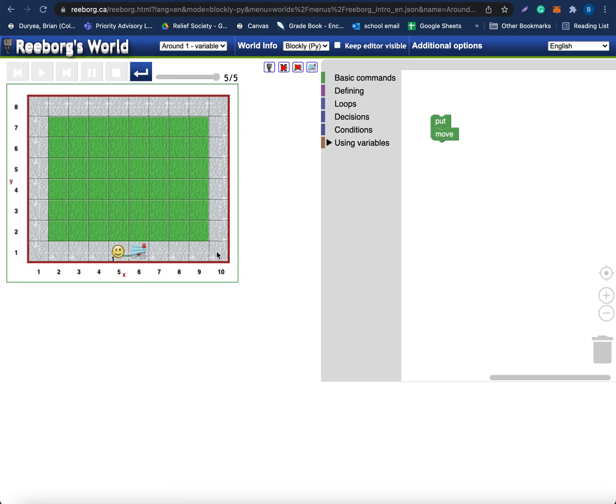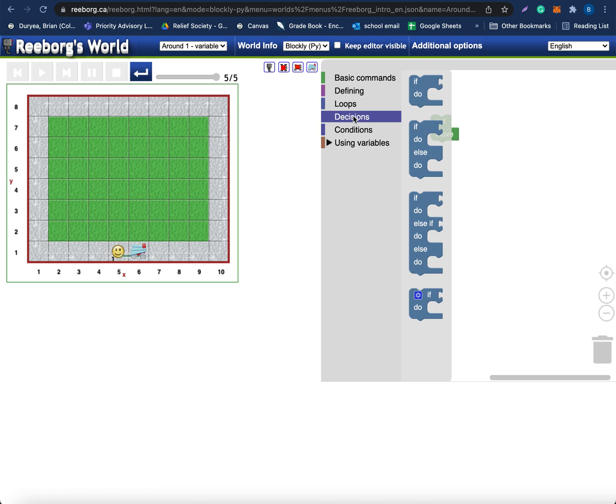Is there a wall in front of me? If there is a wall in front of Reeborg, then it needs to take a left, right? If there's a wall, it takes a left. If there's not a wall in front of Reeborg, then it moves. So if you come to these conditions, or excuse me, decisions,